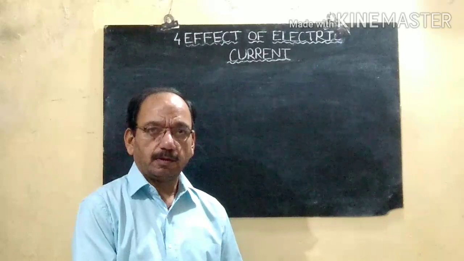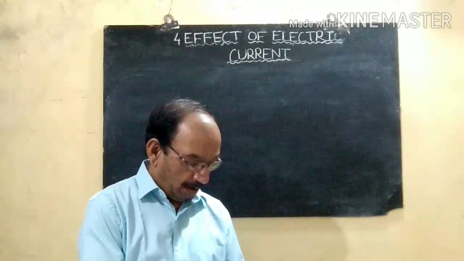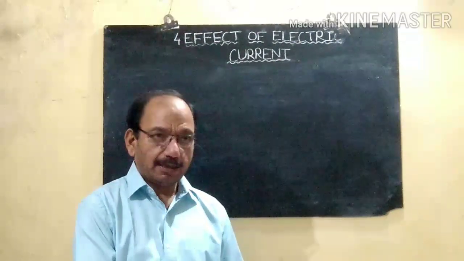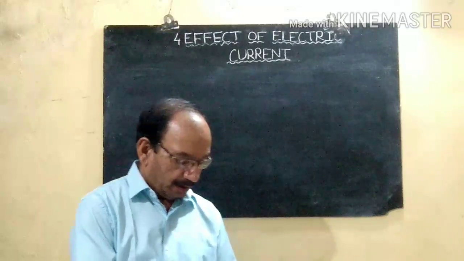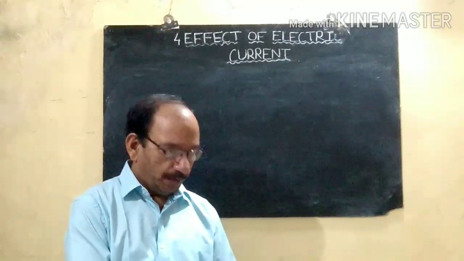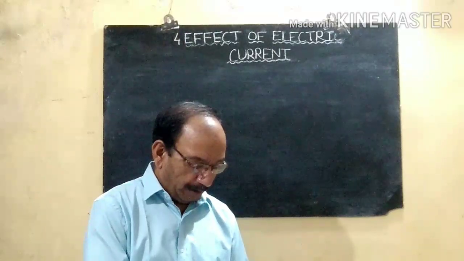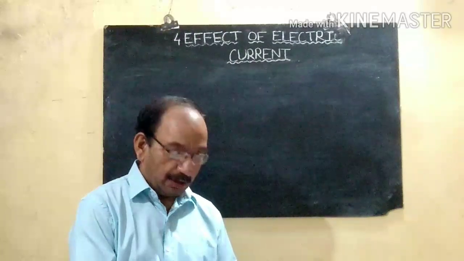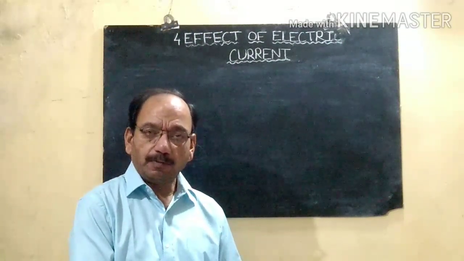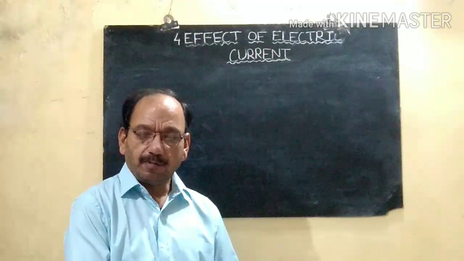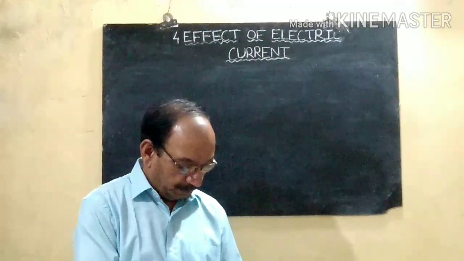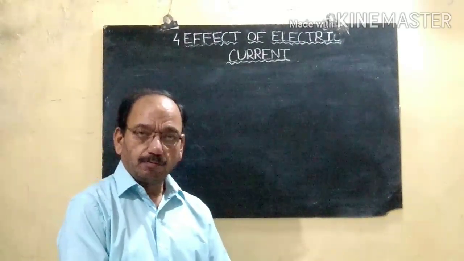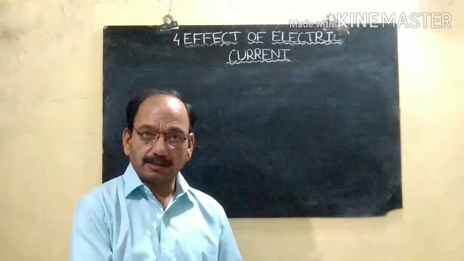Now we are going to learn about electromagnetic induction. We have seen in the previous section that if we keep an electrical conductor in a magnetic field such that the direction of current flowing through the conductor is perpendicular to the magnetic field, then a force is exerted on the conductor. About this we discussed one experiment in a previous video. Because of this, the conductor moves. Why does this conductor move? Because some force is applied on this conductor.